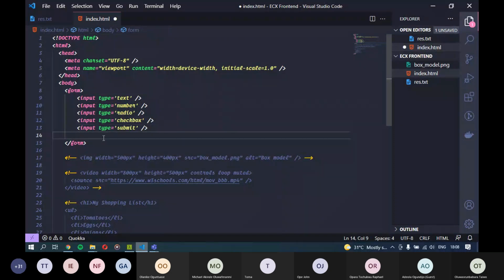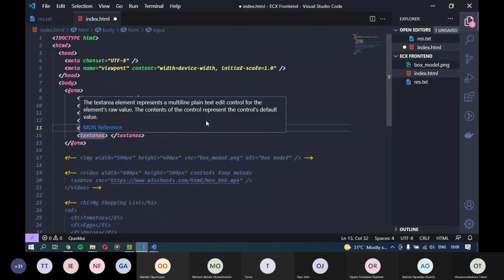Then you also have textarea. Textarea is basically an input box that is bigger. So use textarea to take more than you would regularly take. On web pages, I'm sure we might have seen on some websites that if you want to send a message to the owner of the website, you fill a certain form. On the form, you will notice that there's a box for name, there's a box for email, and all those things. But the box where you're supposed to type the actual message that you want to send is going to be bigger because we expect more input as a message than your name.